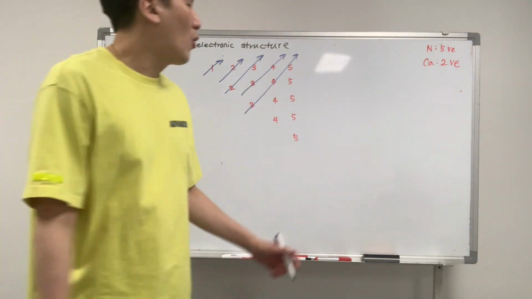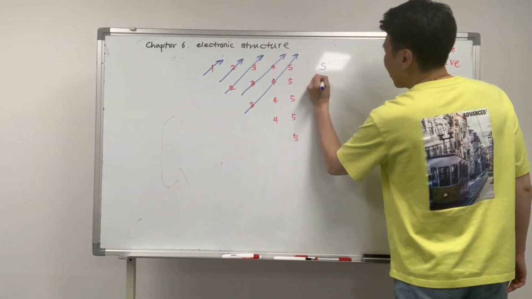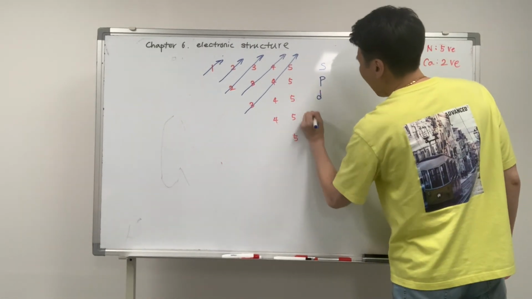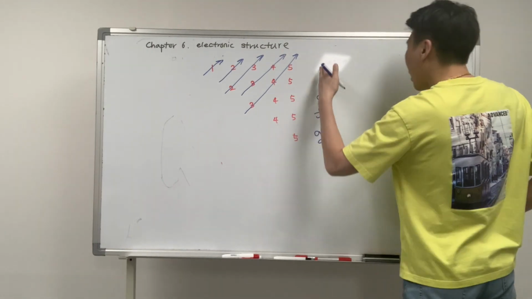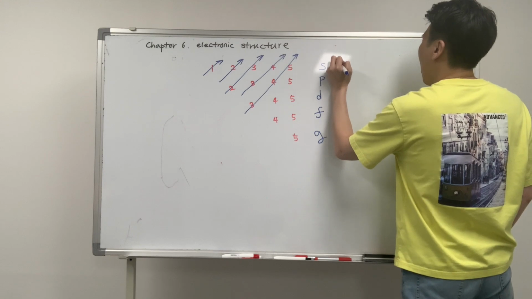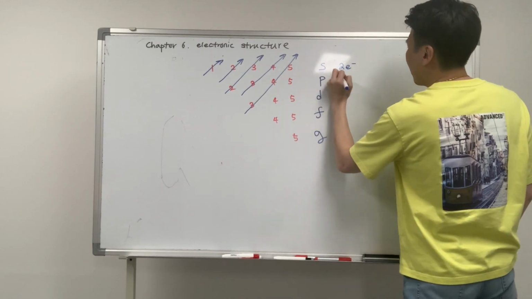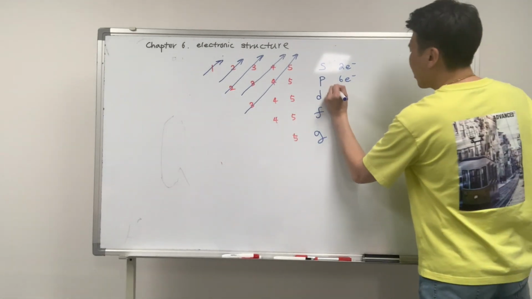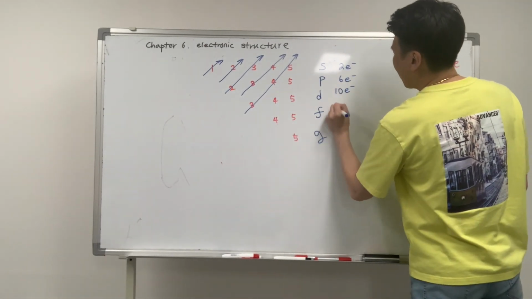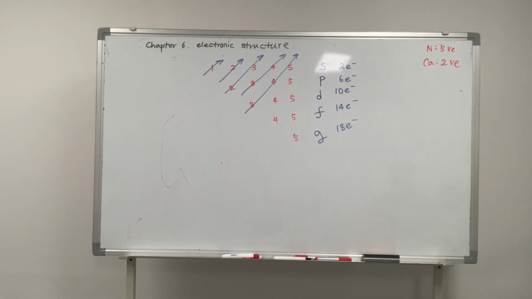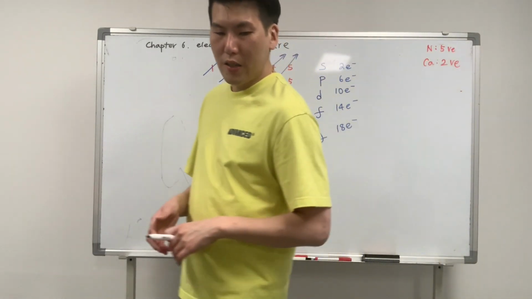Okay, so first row is called the s row. Second is p. This, I'll explain, don't worry. The third row is d, f, g. And s can hold up to 2 electrons. p is 6, the pattern is +4. This can hold up to 10. This can hold up to 14. That's 18. Okay, just write this down. I'll give you time to write, but pay attention for the next 3 minutes.